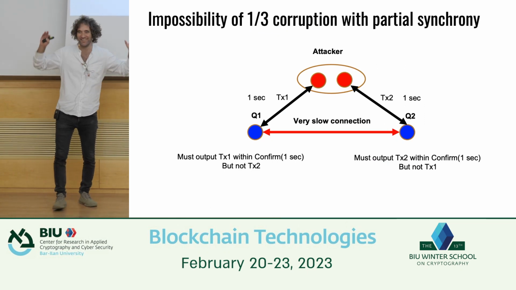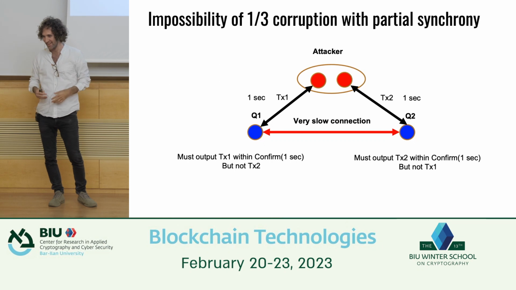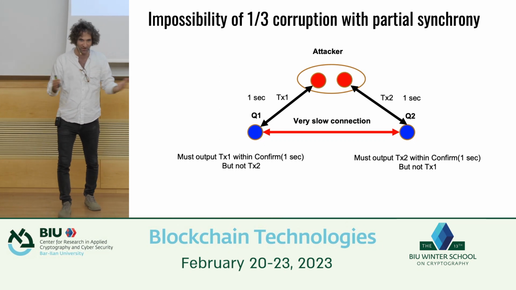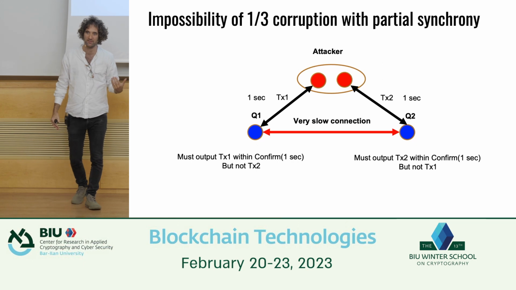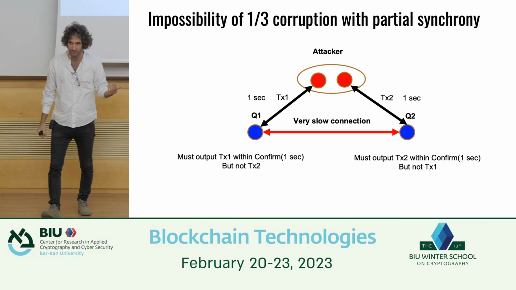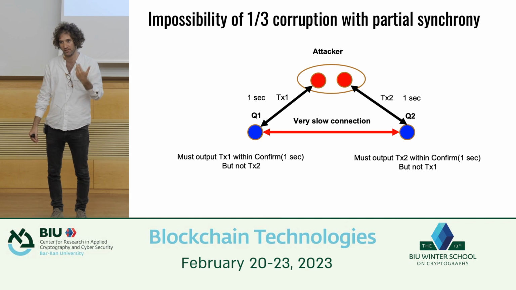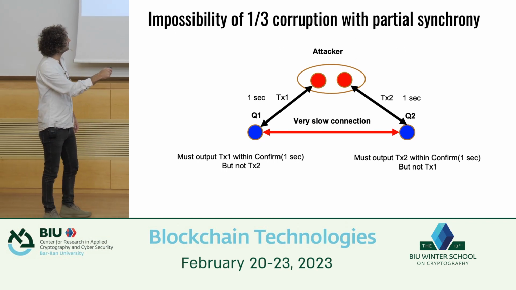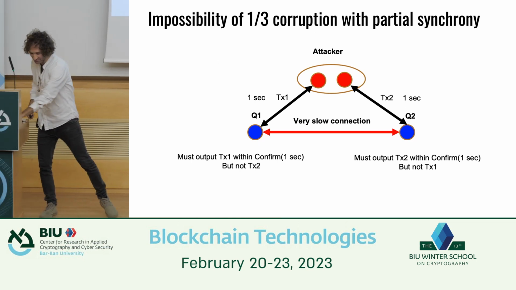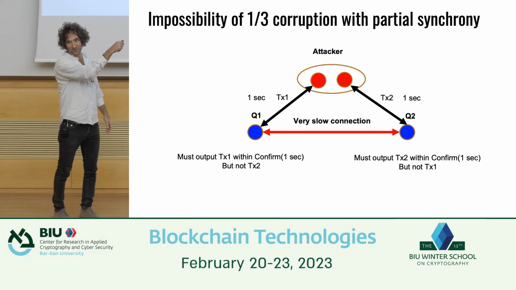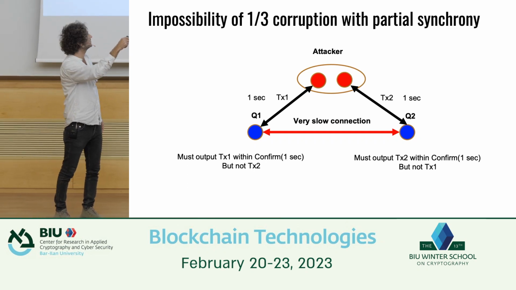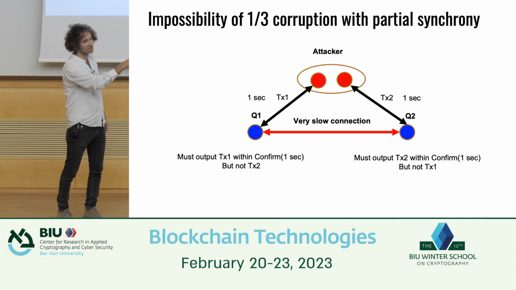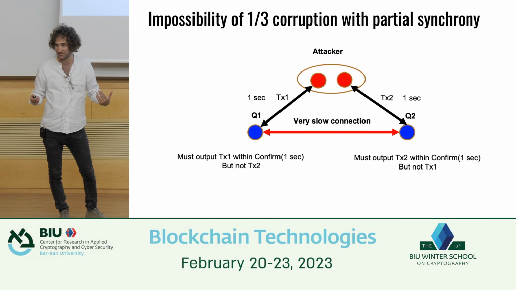Let me now argue to you in a somewhat hand-wavy way, but this is really the whole proof, why you cannot get a consensus protocol that handles more than 1/3 malicious entities under partial synchrony. So you're going to consider an execution with 3 players. The top player here is an attacker, the bad guy. And then we have player 1 and player 2. So 1/3 are now malicious, right?